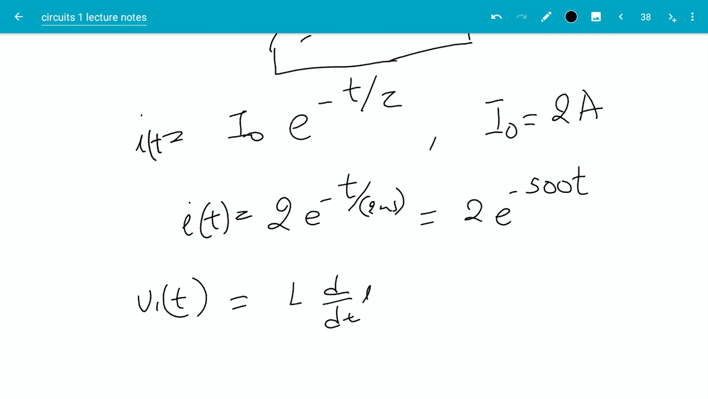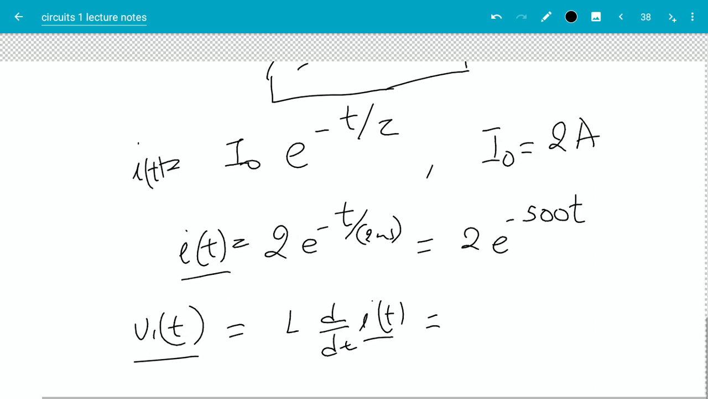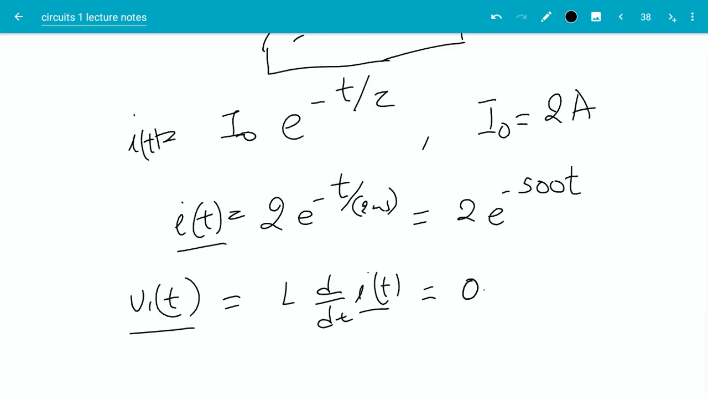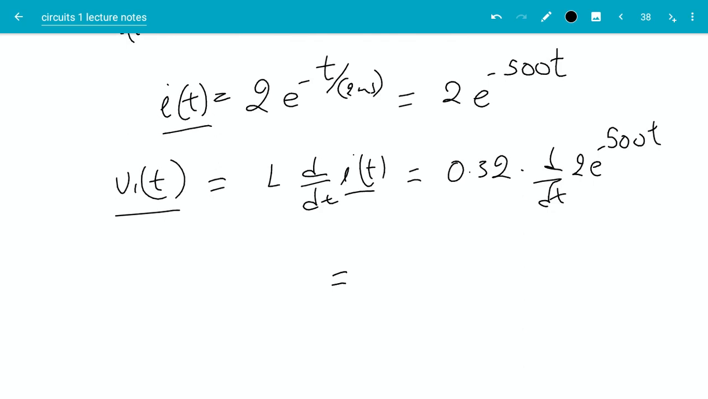The same thing should be here, times I of t, and this I of t is the same as this I of t because it is in the direction of the voltage drop V1 of t. Okay, so this will be equal to the inductor, 0.32 Henry, times the derivative of the current. That will be equal to the derivative of 2 e to the minus 500 t. So this should be equal to 0.32 times 2